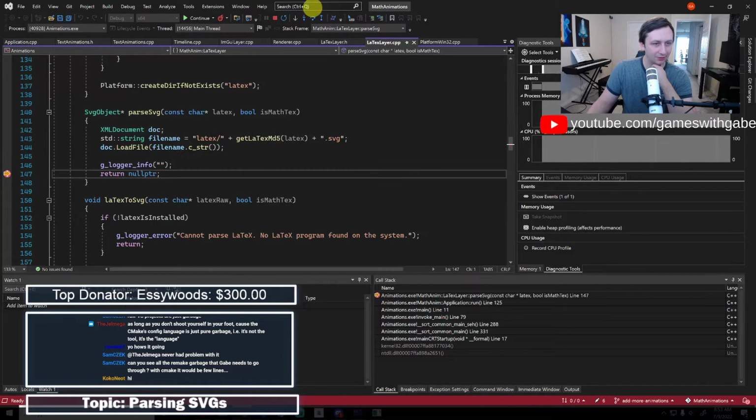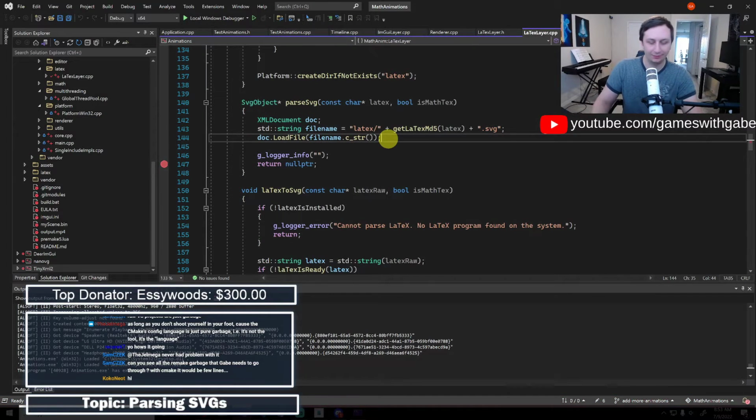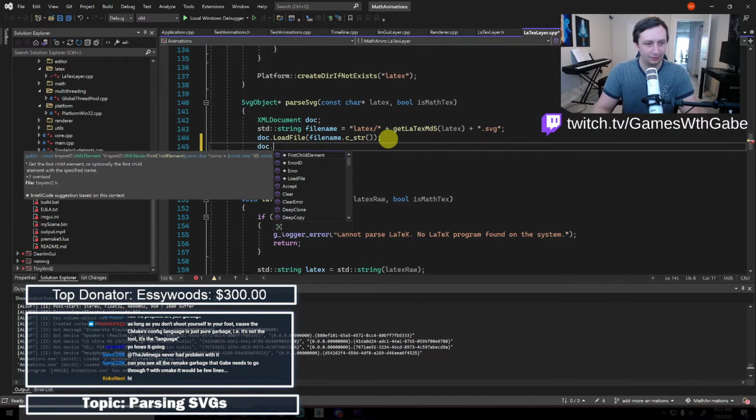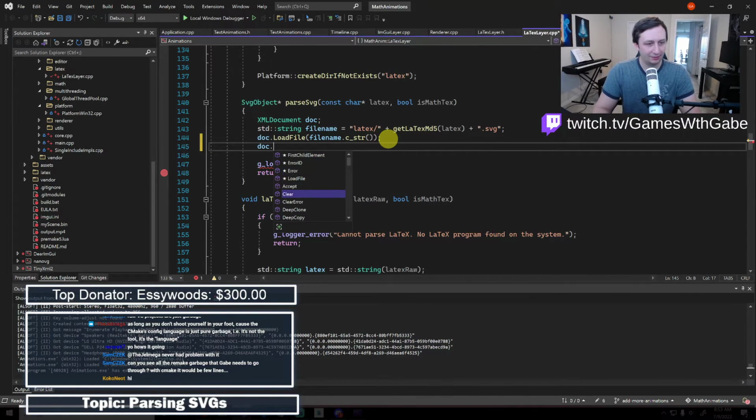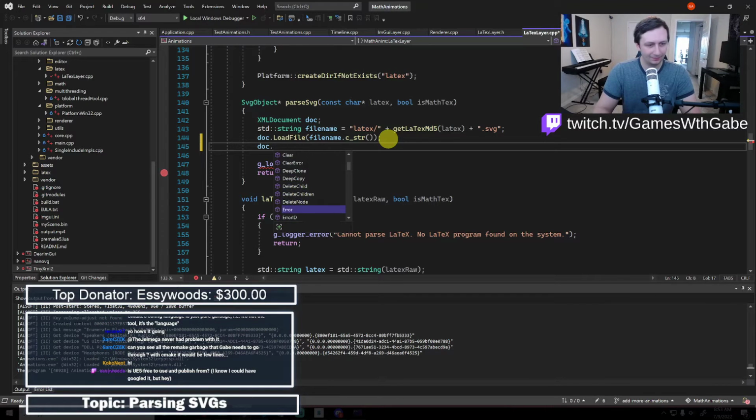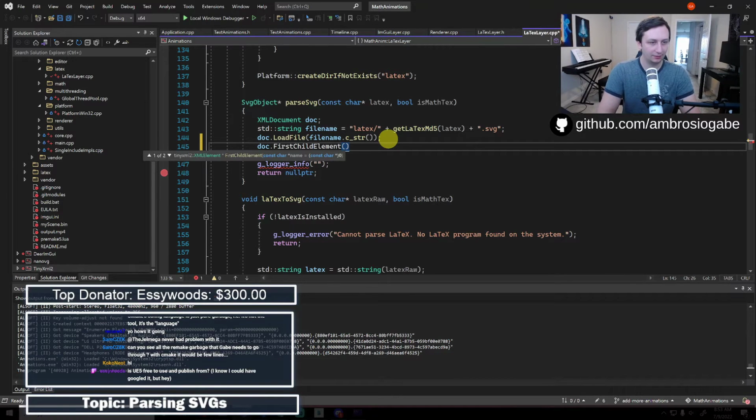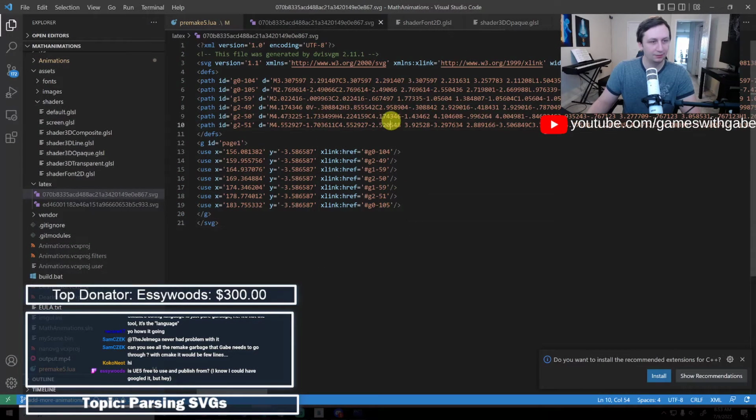Yeah, it looks like this might just parse on demand. Okay, let's see what functions we have. So if we do doc dot first child element, except clear, deep clone, deep copy, error ID, error name, first child element. Let's do first child element, and let's look for the name of the element. In this case, let's look for SVG, just to make sure this is all right.